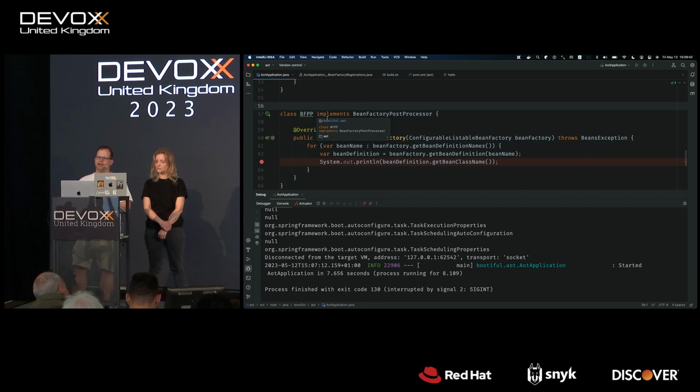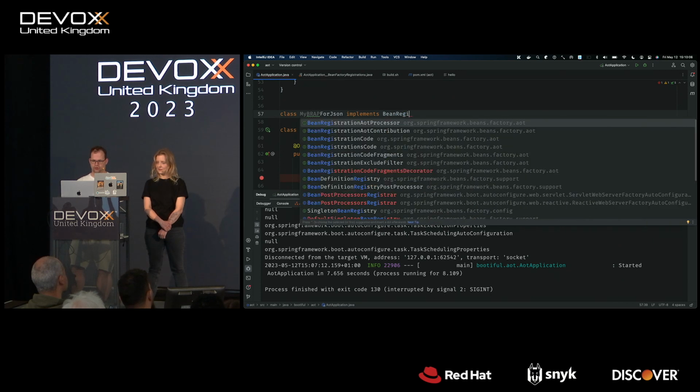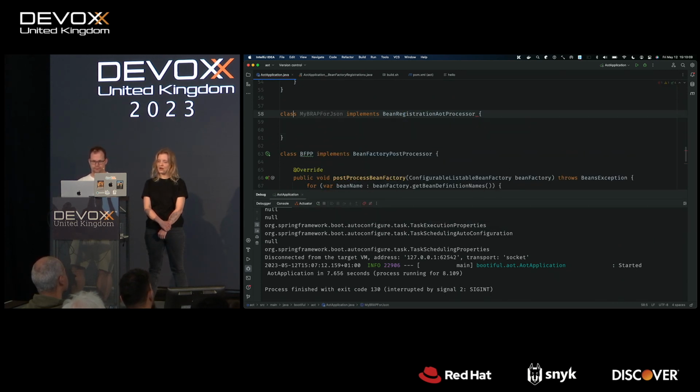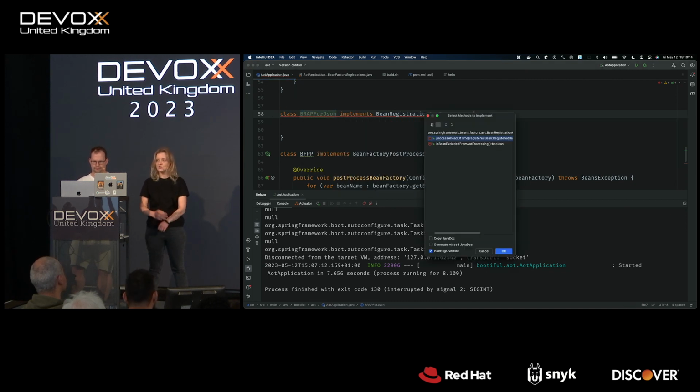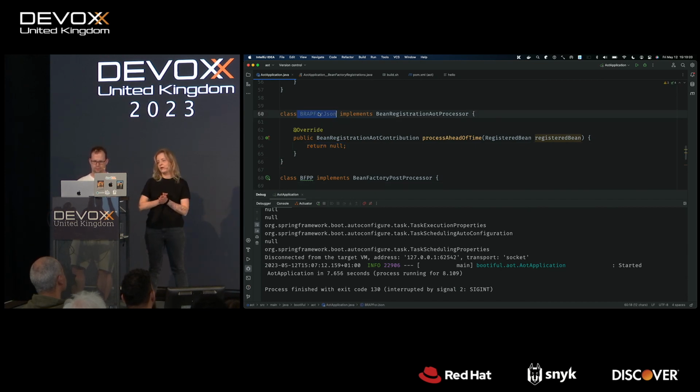What's really powerful here is that you can participate in the AOT lifecycle. You can actually write code that gets to analyze, inspect, and work with beans in this AOT phase. So one way to do that is to write a component of type BeanRegistrationAotProcessor. So I'm going to call this my BRAP for JSON. Okay. So here you're writing your own AOT processor, and most likely this will be helpful for library and framework authors if they want to AOT process that actual library and framework code. But hopefully this is not something that you will ever have to do yourself.